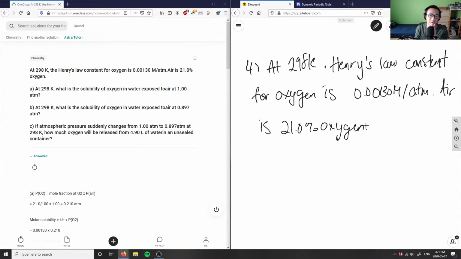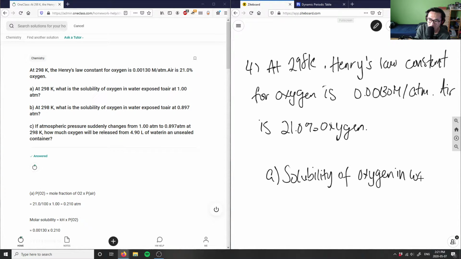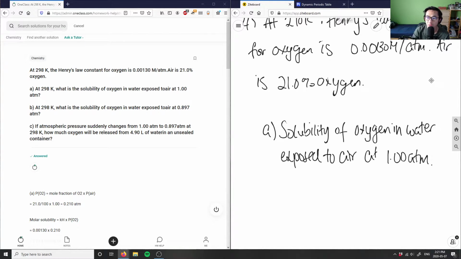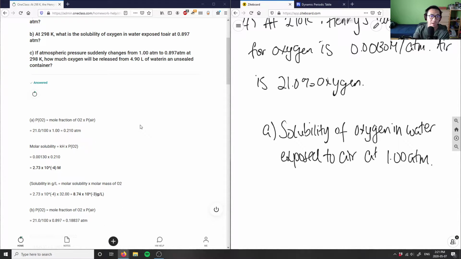So it's asking us, at 298 K, what is the solubility of oxygen in water exposed to air at 1.00 atm? So when we look at part A here, as you can see, what they're doing